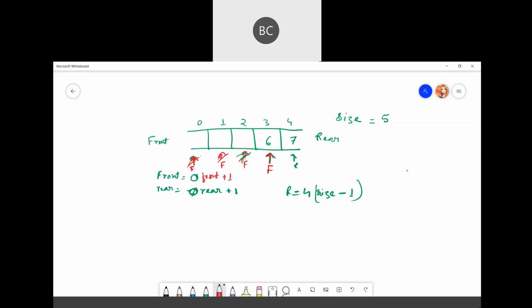What do you think? Can we add? Just think about it. Can we add or not? Yes or no?